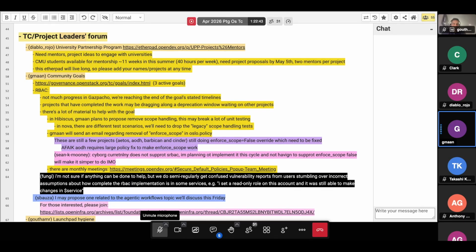But I'll say that still doesn't fully solve the security risk, because policies are configurable, right?